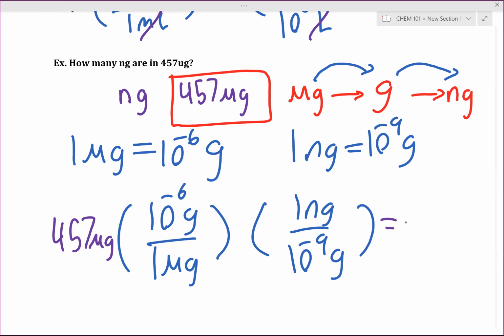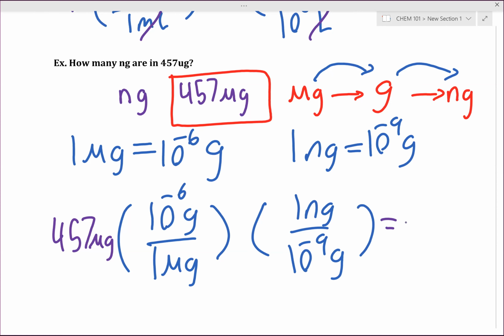457, EE, and then 6, negative sign. If you hit these buttons correctly, again, you're going to hit EE, 6, and then the sign change button. You should see the following in your calculator. Can I get a thumbs up if you got that in your calculator? Okay, perfect. So then you hit the equal sign, and the first step is complete. Okay, so if you did the first step correctly, you should see the following number in your calculator.